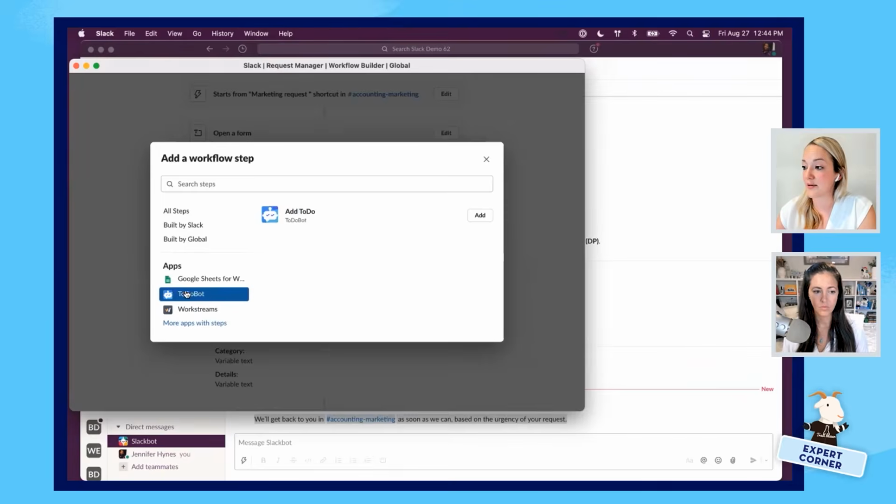I have a couple of other examples here. This is ToDoBot, and it integrates with a to-do app and creates to-dos from these workflows. And so you could imagine that every single time a request is filled out using that form step, it could create a to-do for you in your ToDoBot app to be able to track it there. So a great point of integration.